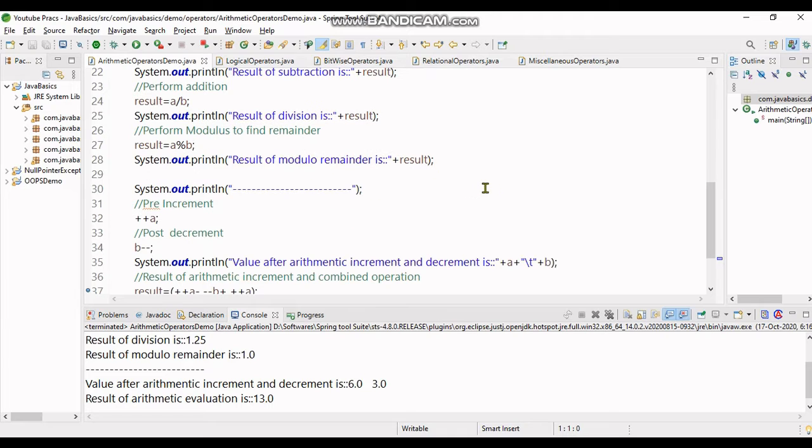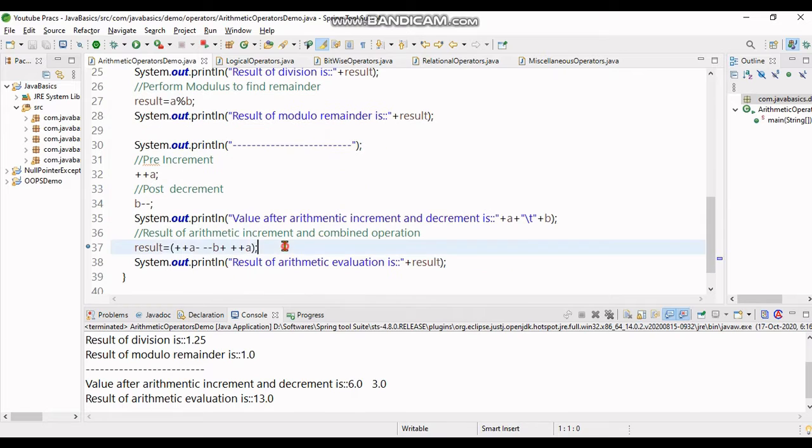After that I've taken the arithmetic increment and decrement part. Firstly I've taken the values as 6 and 3, and after performing this arithmetic operation, it's printed as 13. So that was arithmetic operations. Don't worry, I will keep all the source code in the description link. Now let's move further.